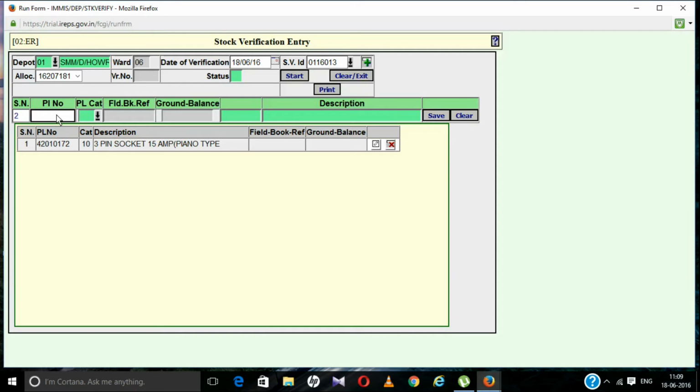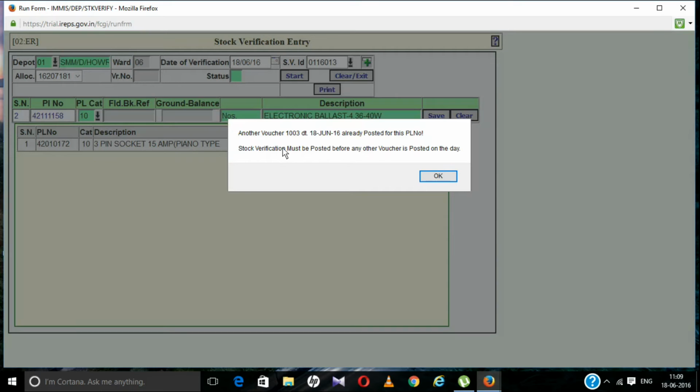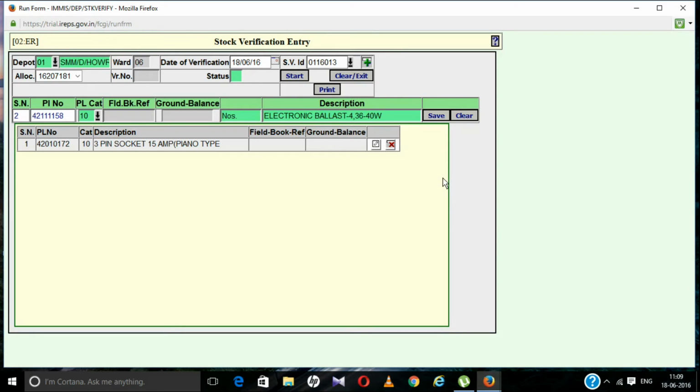Now if we try to enter a PL number for which a transaction has been done today, let us see what the system tells us. For this PL number, we have already made some transaction today. You see, the system has blocked it, so it cannot be allowed here. So click on save